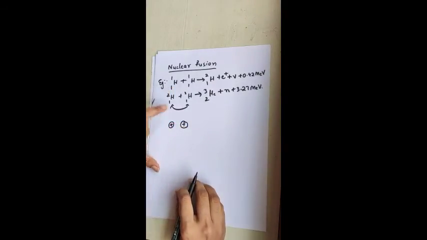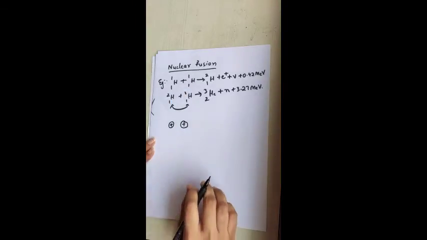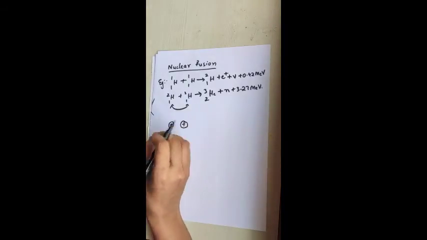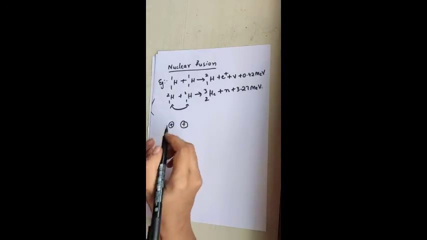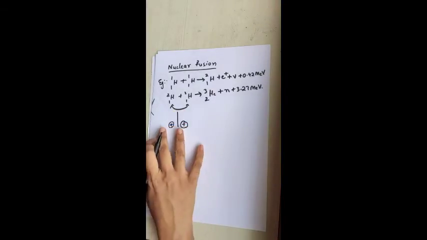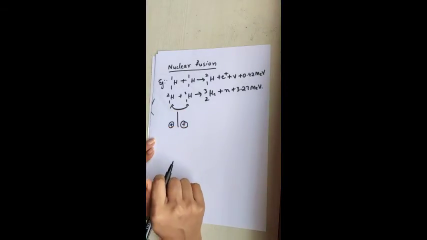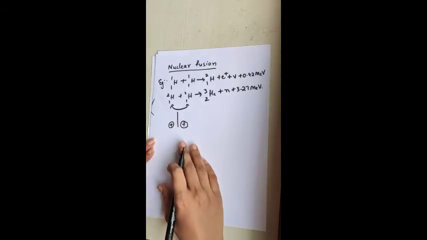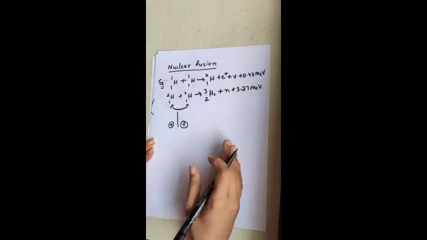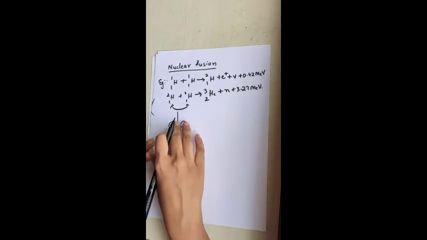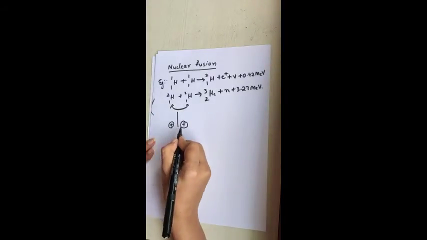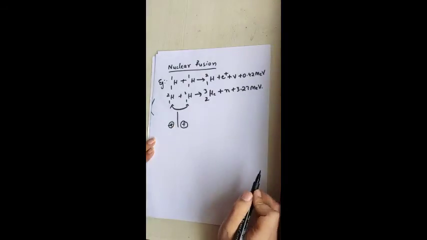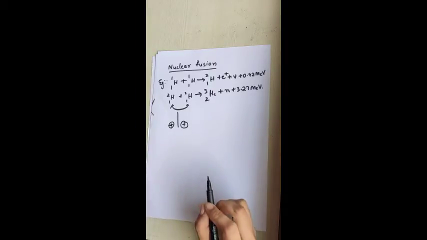If I consider two hydrogen atoms, then they both are positively charged. So if they want to fuse together, they experience a Coulomb repulsion because they both are like charges. Now, in order to overcome this Coulomb repulsion, they must have enough energy. The height of this Coulomb barrier depends on the charges present as well as the radius. So in order to overcome this barrier, what we have to do? We have to supply a large amount of temperature to the system.